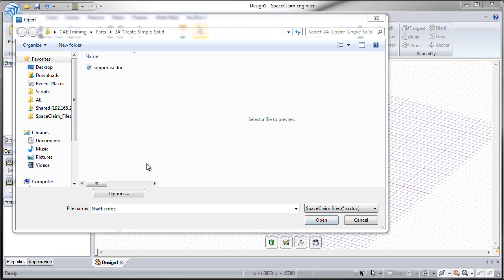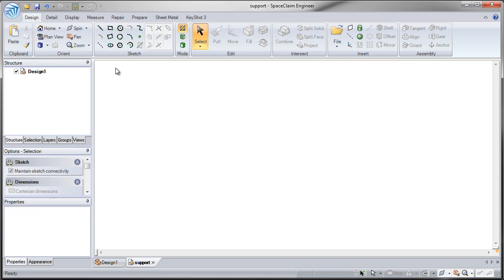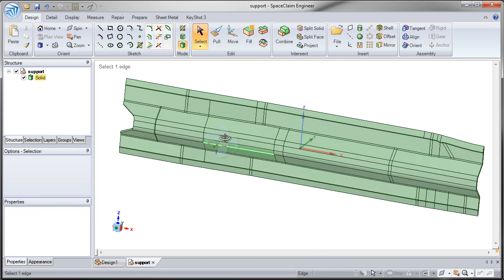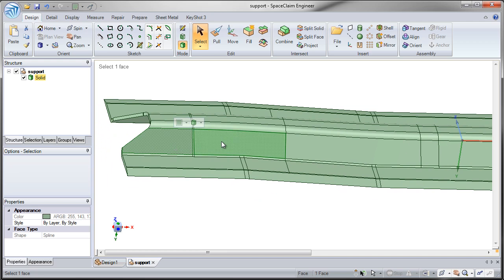In this section we'll be looking at creating a simplified solid instead of simplifying the actual geometry. So I'm going to open up this support. Let's say this is an SC dock. Now one thing you'll notice if I start to select on the different faces here, in the properties panel you